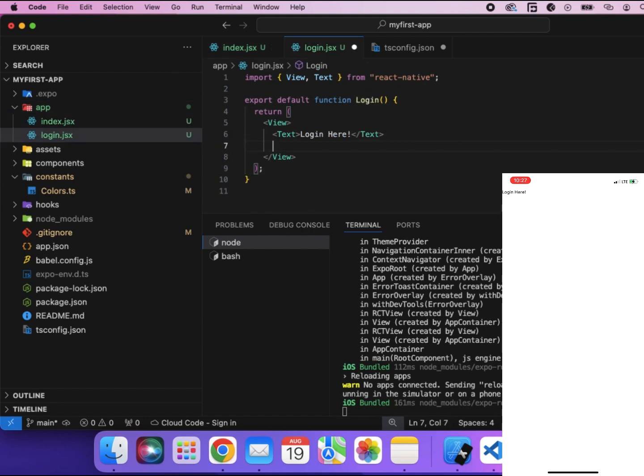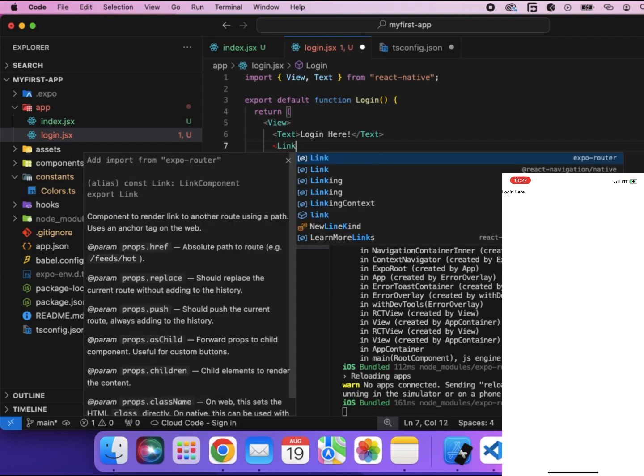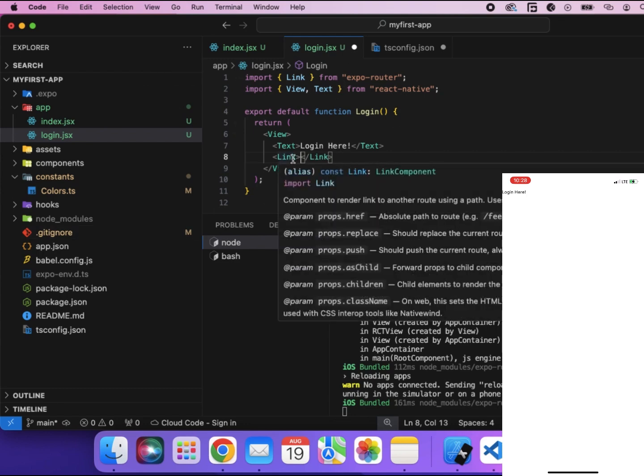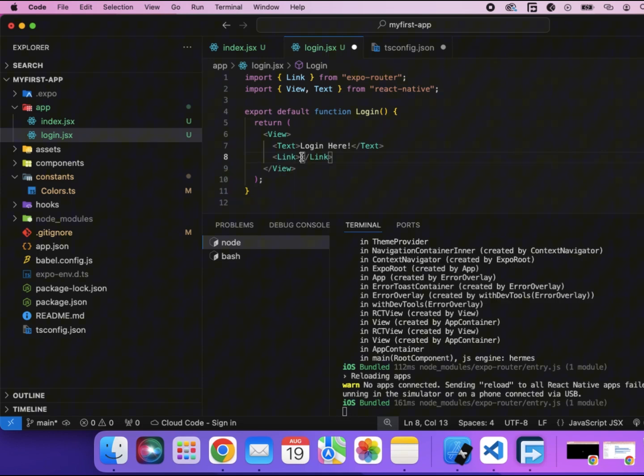So I'm going to do a link here, okay, from Expo router, and this time around, you can do the import or you can do it right here. It gives you the suggestions and you choose the one that you want. I'm going to make this one go back, and then